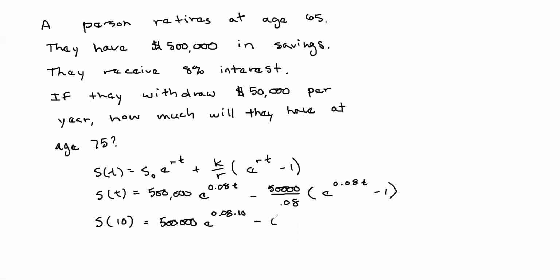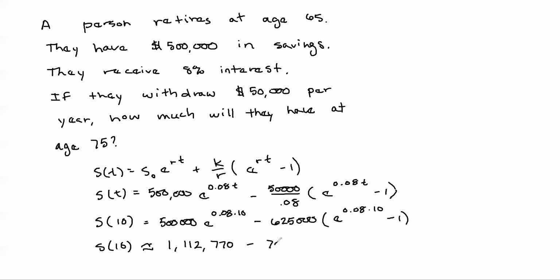This is going to be 625,000 (e to the 0.08 times 10 minus 1). And you can plug that into a calculator. And let's see, you're going to have roughly 1,112,770